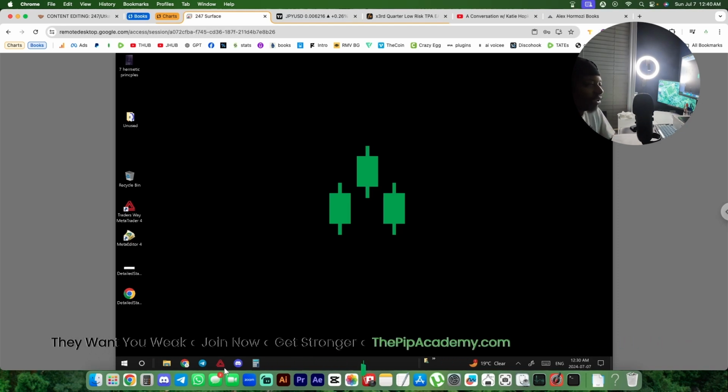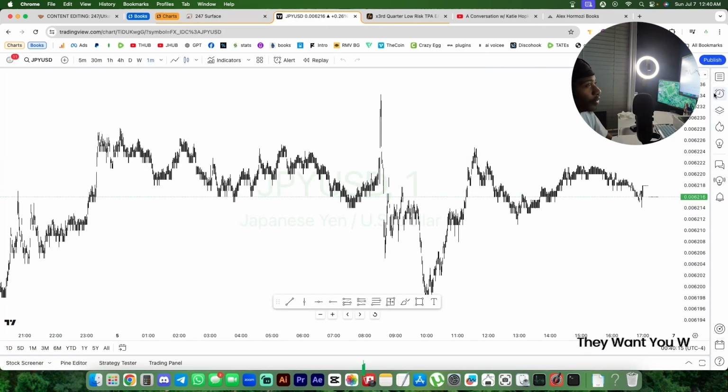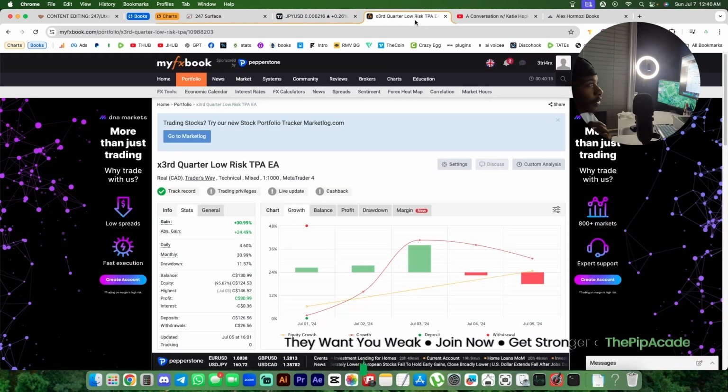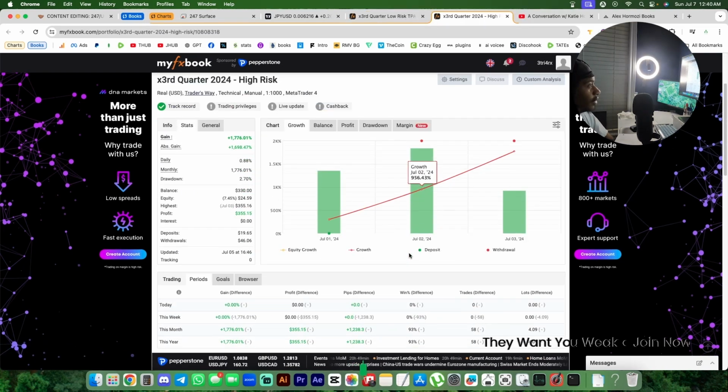I normally take some action after the spreads have decreased, and that's normally after the first hour. So I'm also going to go through the other account, and a lot of the trades were spot on. I can pull it up right now, actually. If we look at it like this,